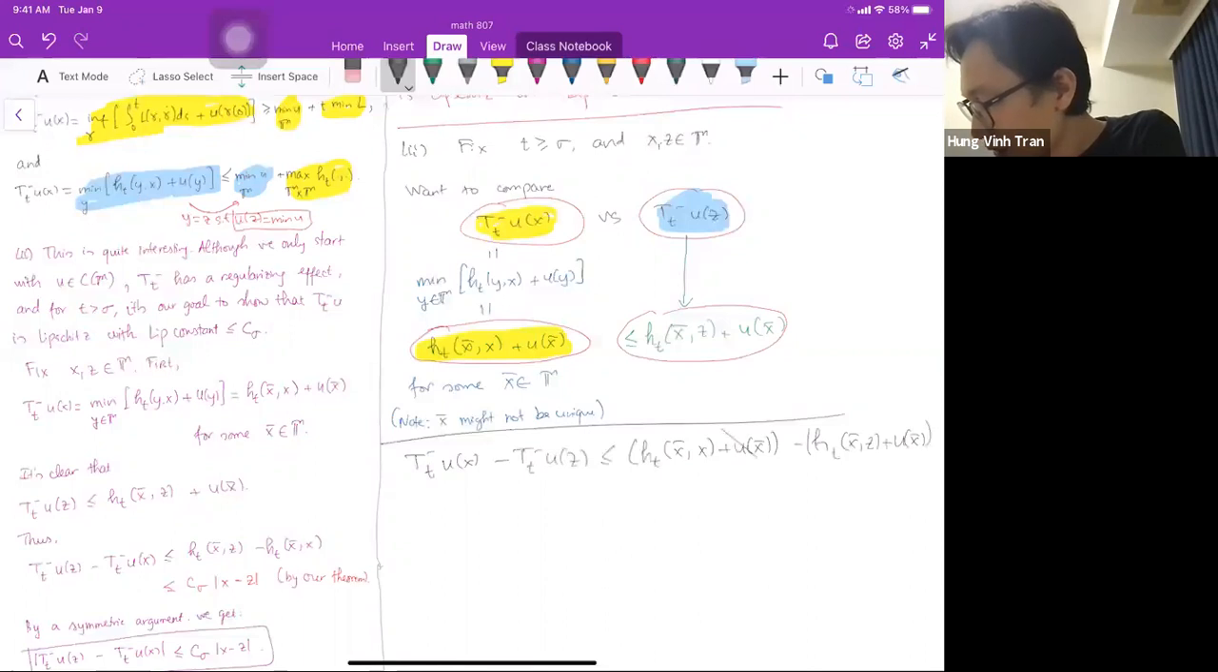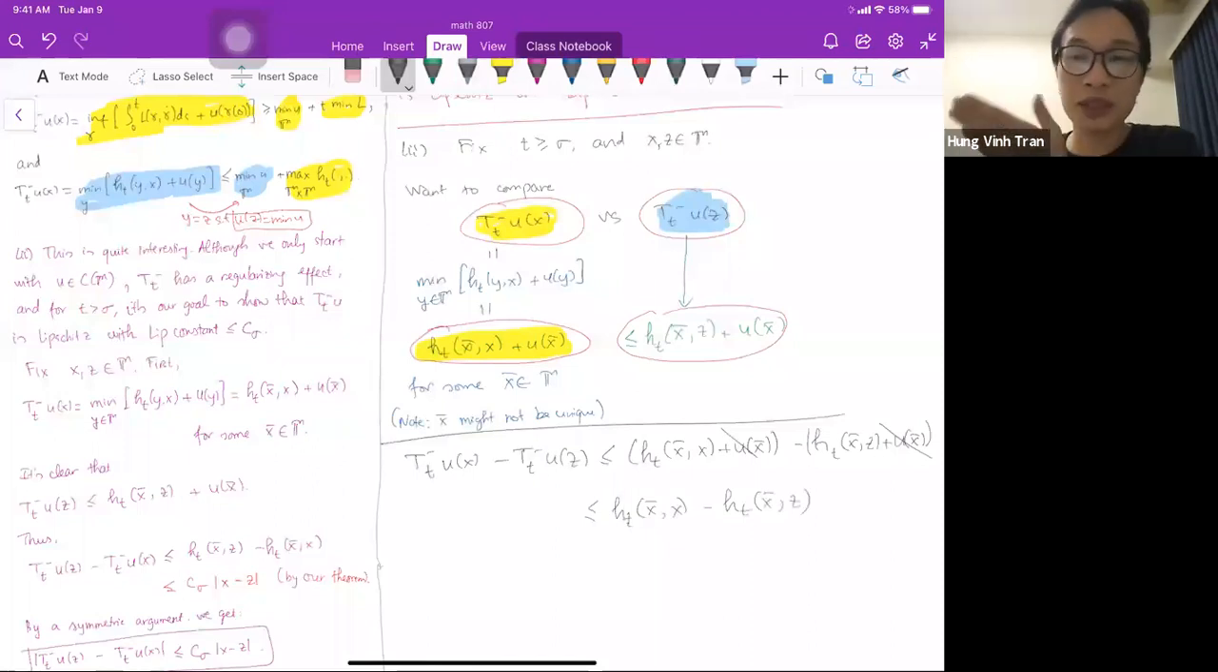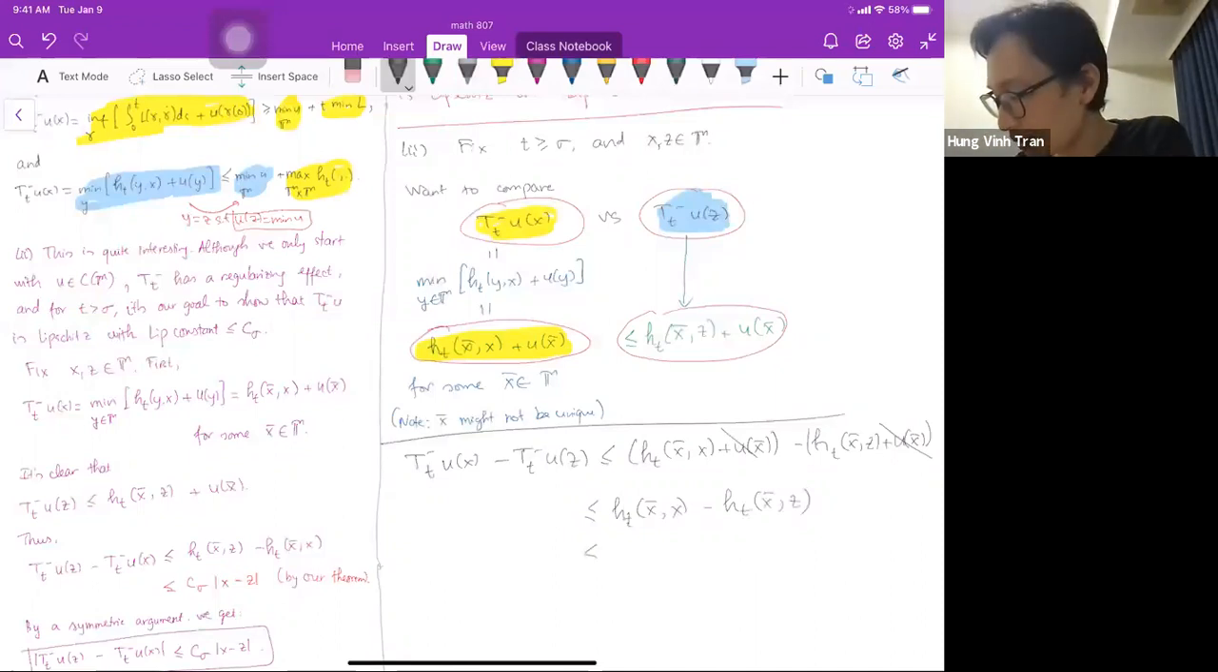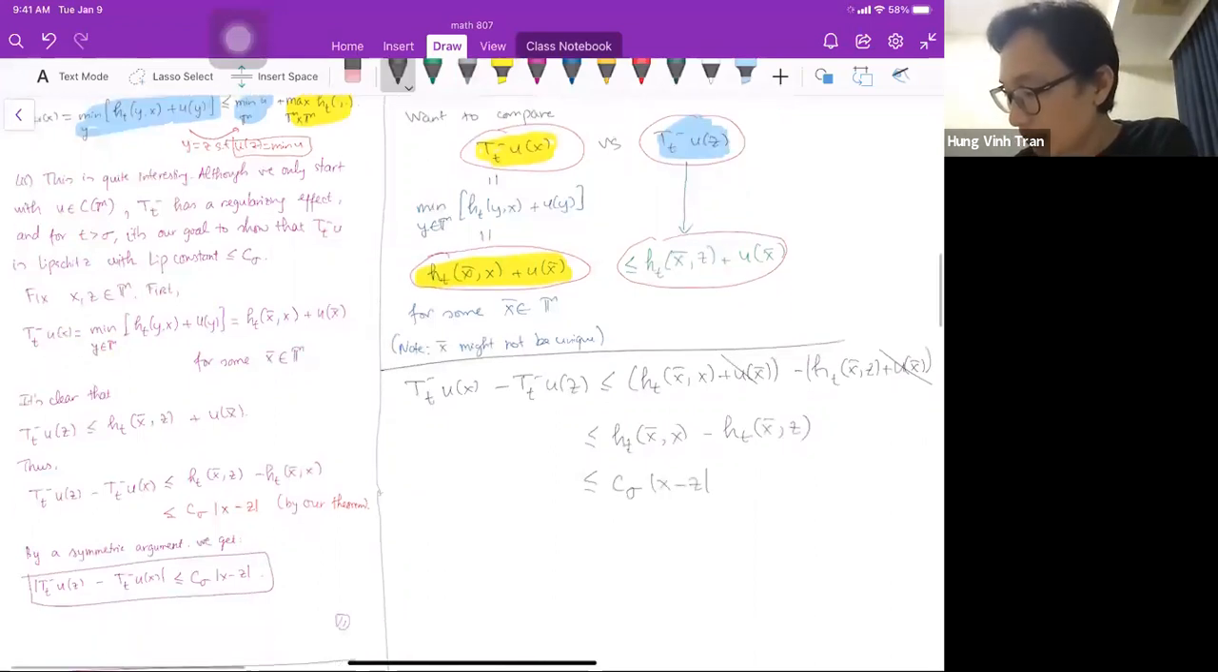And the u x bar goes away. So this is less than or equal to h_t of x bar x minus h_t of x bar z, right? And now I'm using exactly the thing I mentioned, the Lipschitz property of h_t, because t is greater than or equal to sigma, right? So this is going to be less than or equal to c sigma of x minus z, okay? Then by symmetric argument,